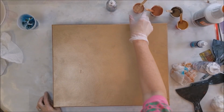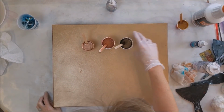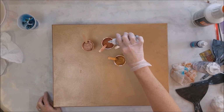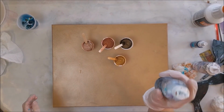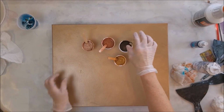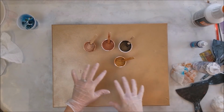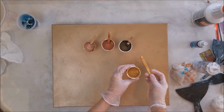So on the metallics here, I've got rose gold, copper, rich espresso, and Venetian gold. I put a few drops of treadmill lubricant, silicone, into the cups. I want a little bit of these colors kind of everywhere, so I think what I'm going to do...